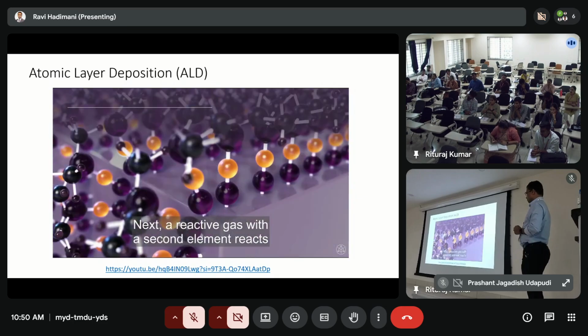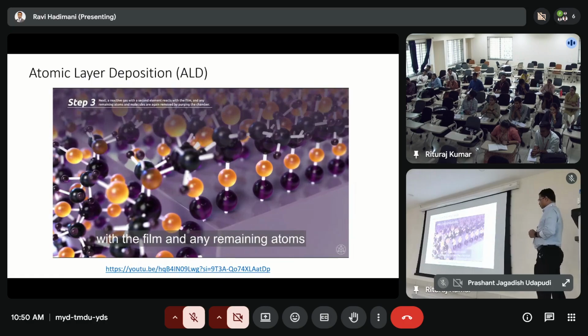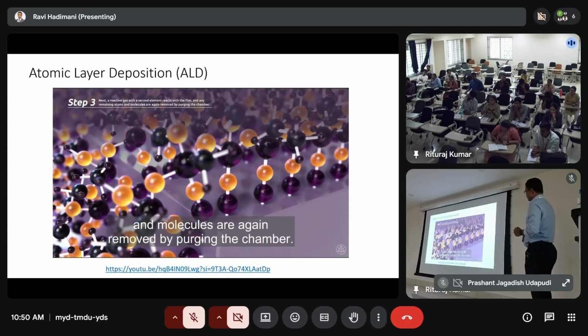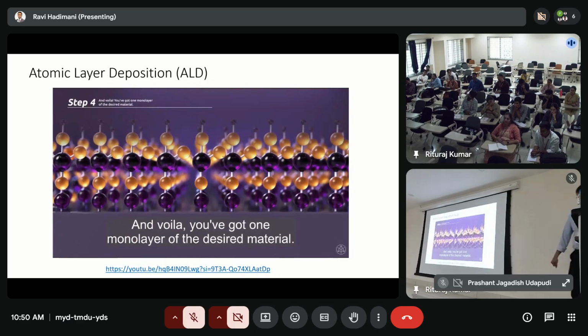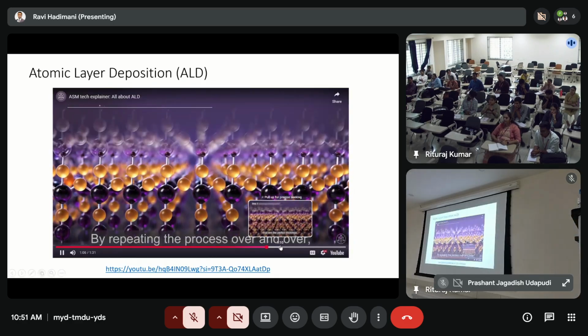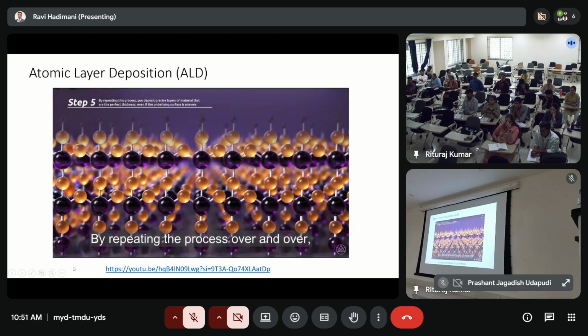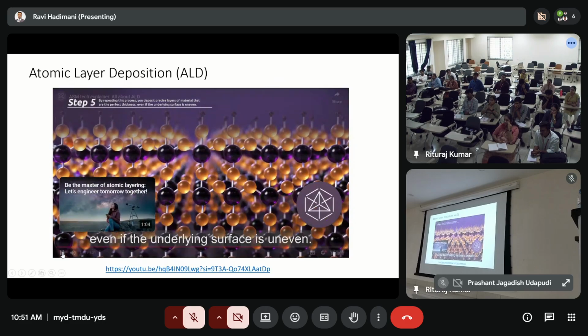Next, a reactive gas with the second element reacts with the film, and any remaining atoms and molecules are again removed by purging the chamber. And voila! You've got one monolayer of the desired material. By repeating the process over and over, you deposit precise layers of material that are the perfect thickness, even if the underlying